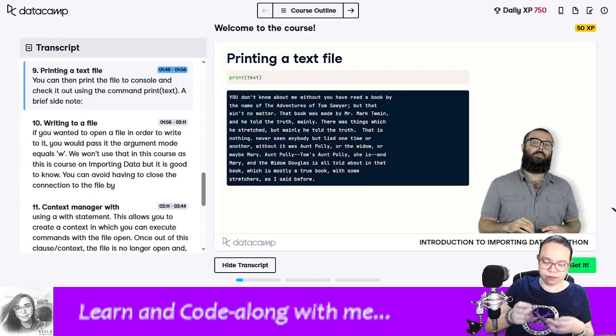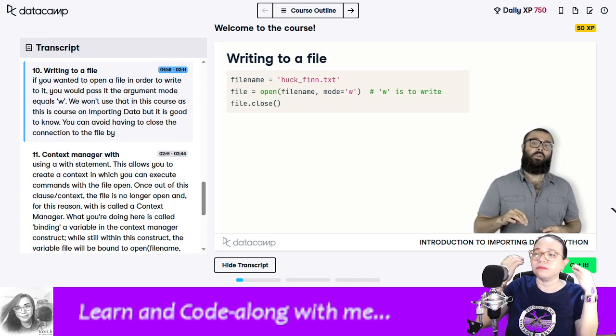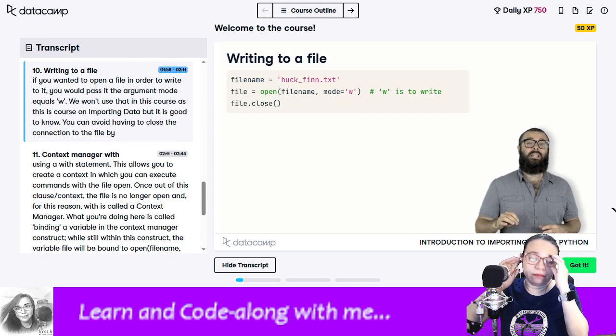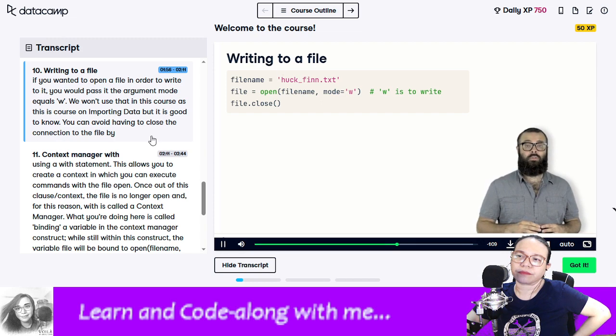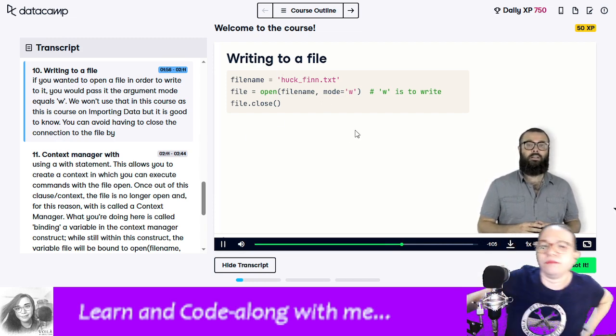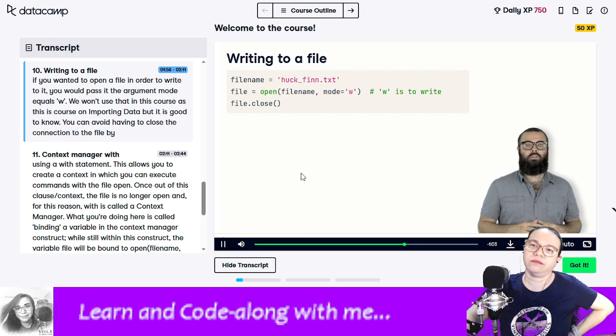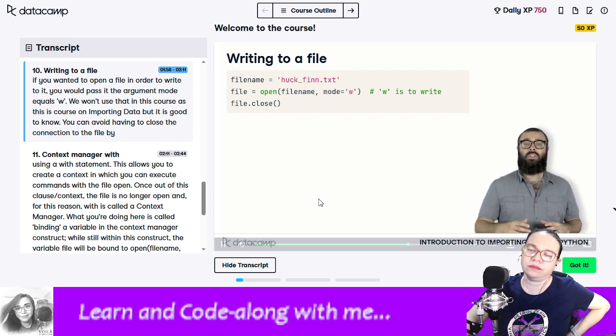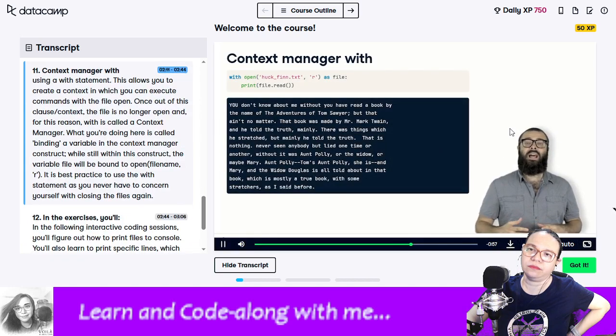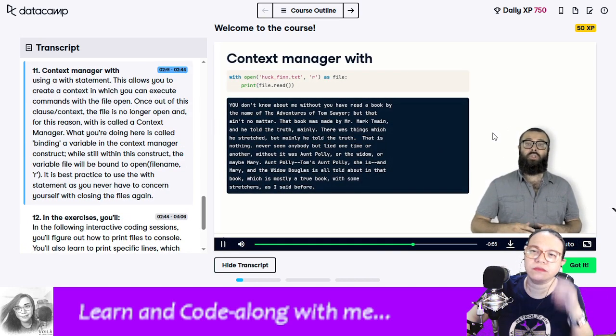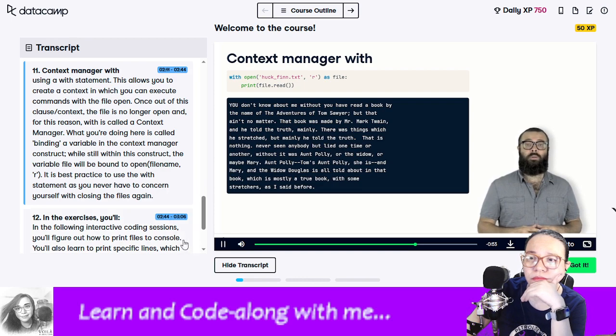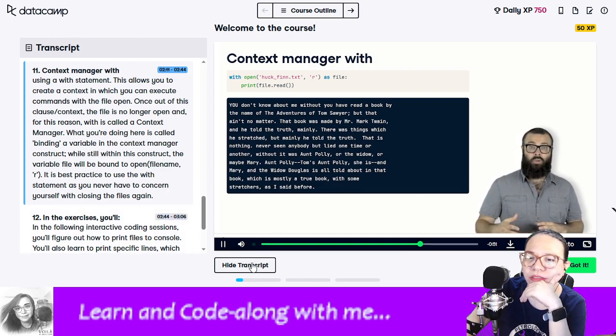A brief side note. If you wanted to open a file in order to write to it, you would pass it the argument mode equals w. We won't use that in this course, as this is a course on importing data, but it is good to know. You can avoid having to close the connection to the file by using a with statement. This allows you to create a context in which you can execute commands with the file open. Once out of this clause or context,